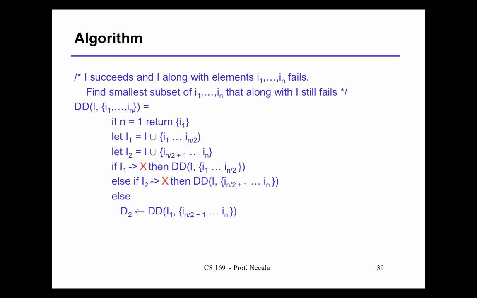And if you're unlucky, this succeeds too. This means that there's something in here, something in here, and in here that all together reproduce the failure. Because this is the only case that you could reproduce. And now what you do next is you take I1